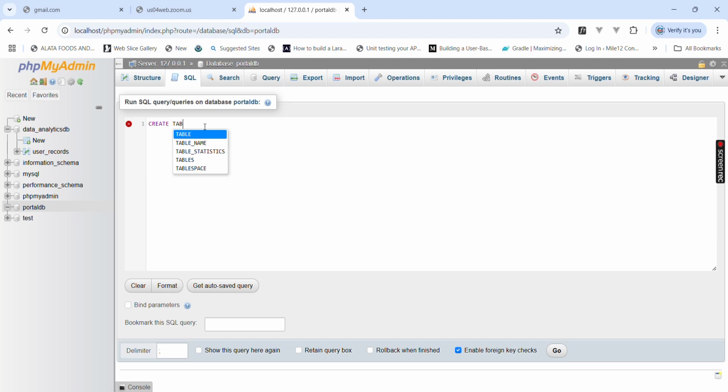table, the table name, user TB. Okay, you can have user records in another database, but we cannot have the same table name in one database. So user records. Okay, so then you can now specify